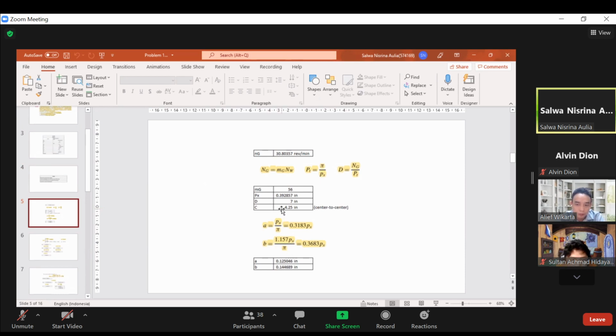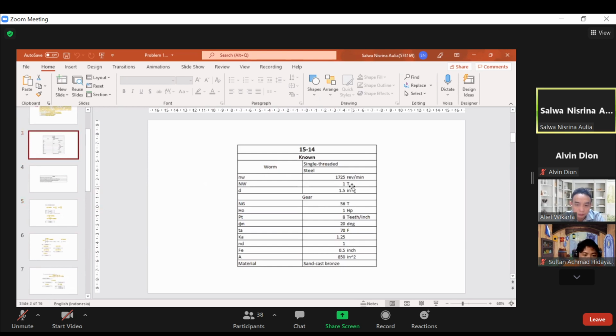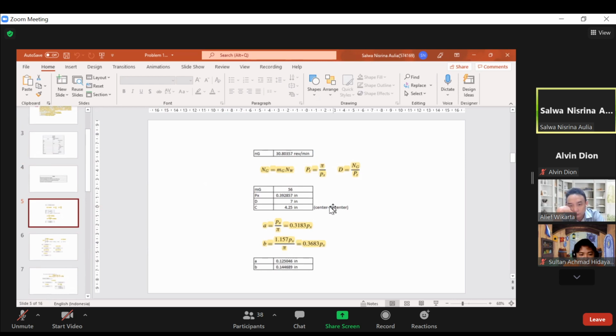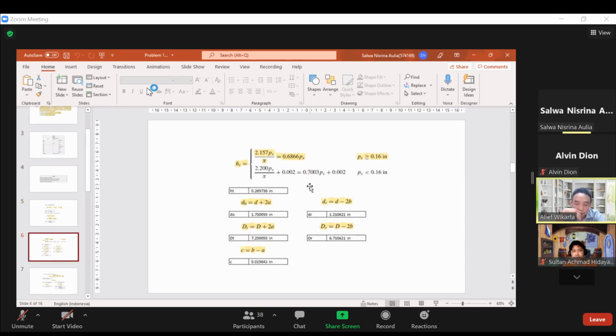We know the diameter of gear and the diameter of worm in here, we can sum them, like that. So we can calculate the addendum and dedendum with this equation. This is the full depth. We know that the axial circular pitch of